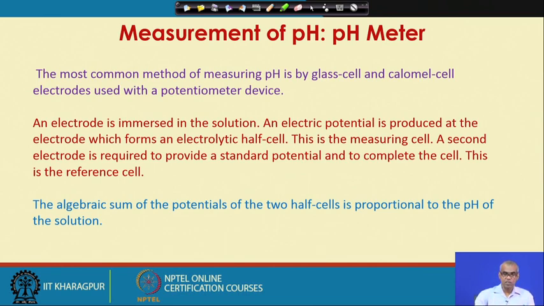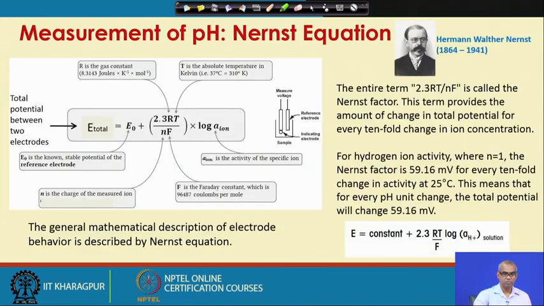A second electrode is required to provide a standard potential and to complete the cell. This is the reference cell. The algebraic sum of the potentials of the two half cells is proportional to the pH of the solution. This is basically based on the Nernst equation,